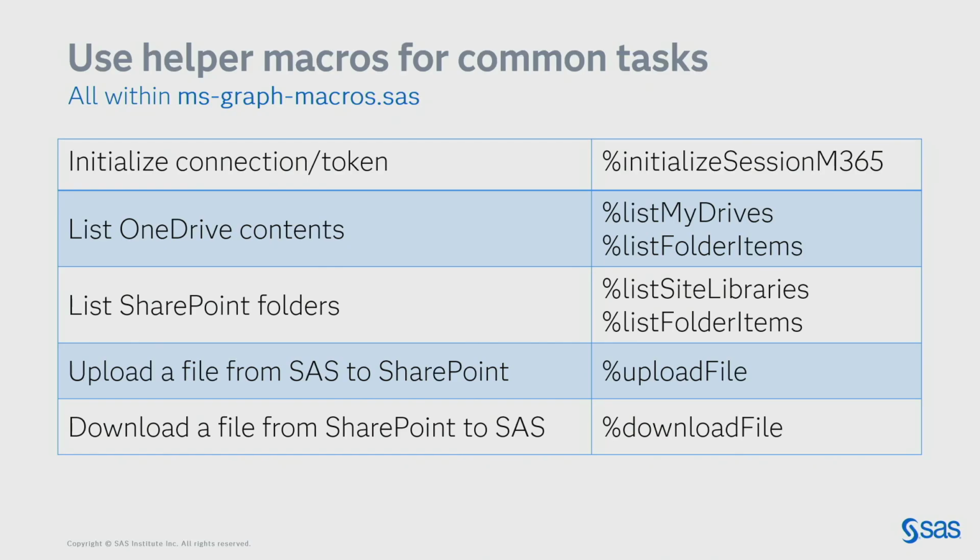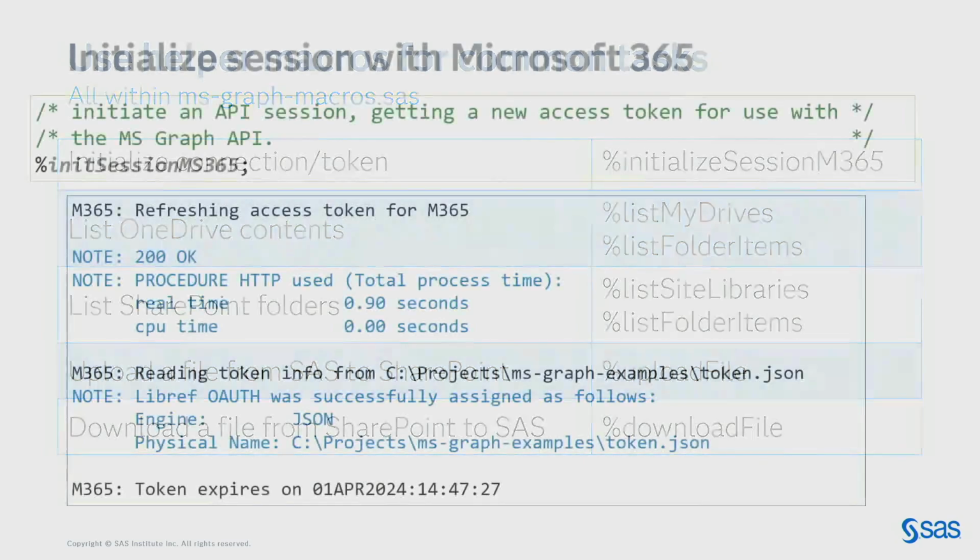So just to summarize, I have these helper macros in this GitHub repository that will be helpful to you. If this is intimidating to you, and this is the first time you've seen it, I understand. Just be assured, I've talked to dozens, if not hundreds, of SAS customers out there who are successfully using this mechanism to get their work done, to get data to and from the cloud now that all of our Office documents are out there in Microsoft 365.